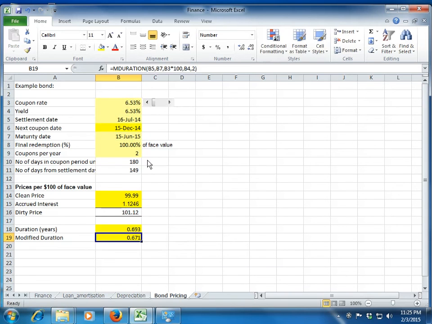So these are some of the formulas which we can use for duration and price, and I have created just a button here. You can see that once I play around with this button, I can change the coupon rate. How to create this button? It's very easy. It's not at all a big deal, but I need the developer tab for it. So I'll take up how to create this button to change the values in some other class. Don't worry. Right now just focus on the finance functions.